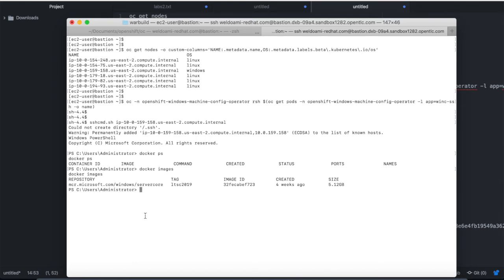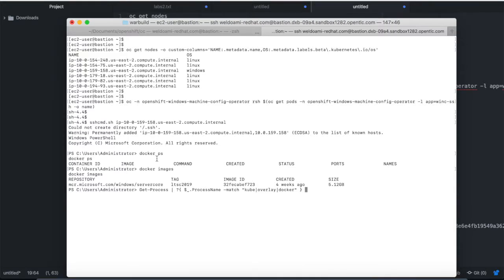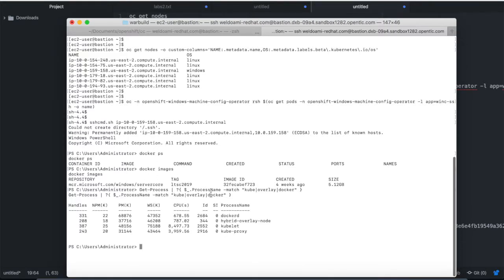Okay, so we can also see the processes running on the server. We can clearly see Docker is running, and we have the overlay, the OVN, that again provides the SDN implementation. Also the kubelet and the kube-proxy services are all running on the Windows node. Okay, so now we will just exit and also exit back to